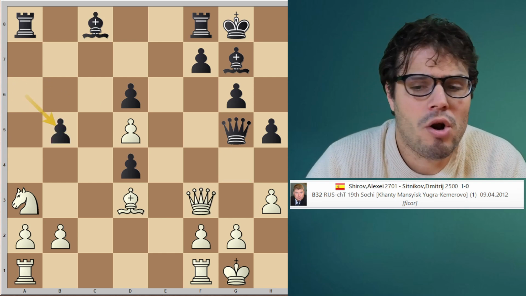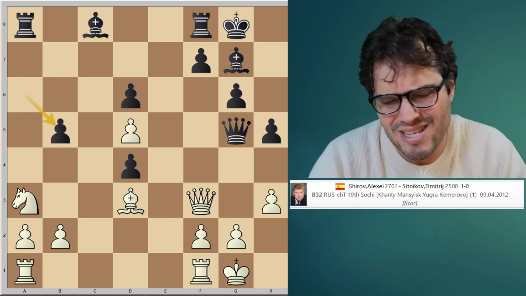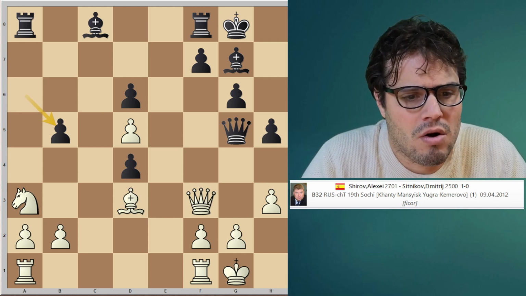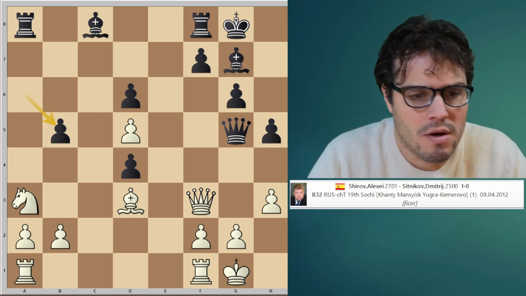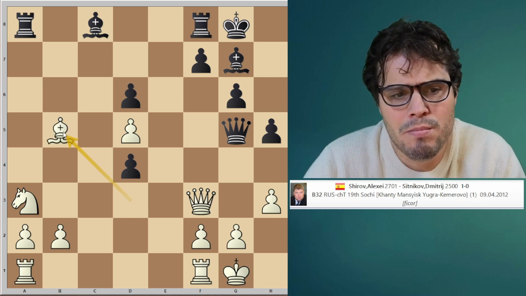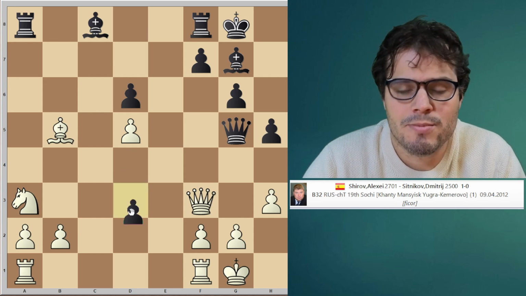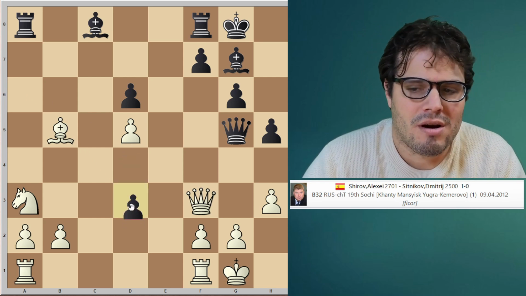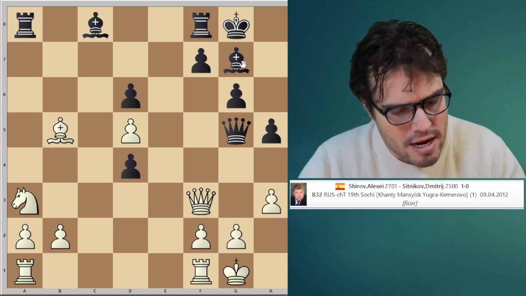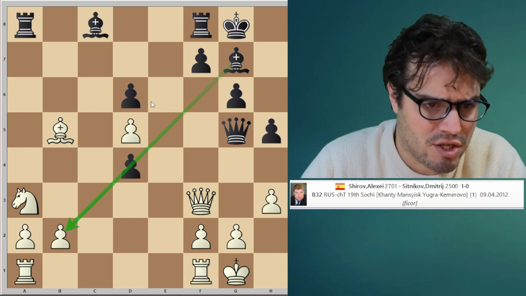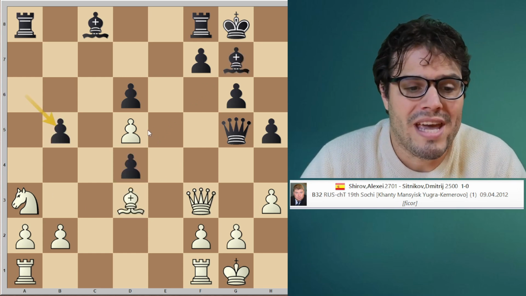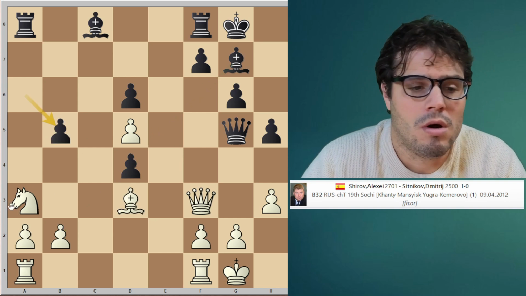But black here takes the pawn, and here Shirov makes a slight inaccuracy. He makes a move that definitely gives black some initiative. He takes the pawn with the bishop, and the interesting thing about this move is that it does give black some sort of pawn d3. This move here might be equalizing or giving black a big chance, because again, this is a big part of why we have an advantage, that bishop that's stuck on the pawn, and this move might make things a little more interesting. So the easiest way to deal with this would have been to just go knight takes b5,